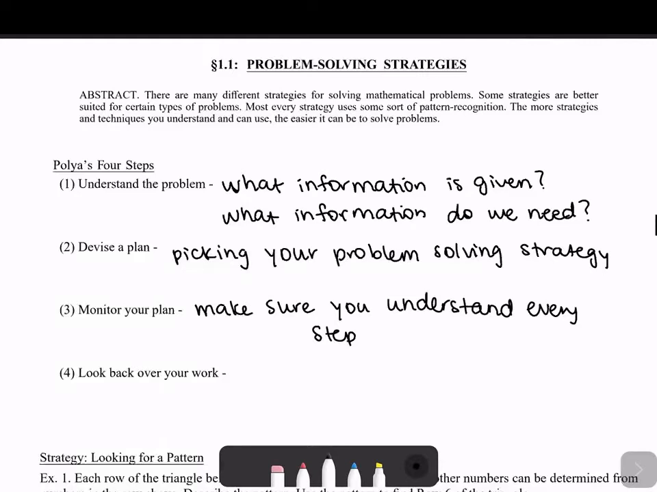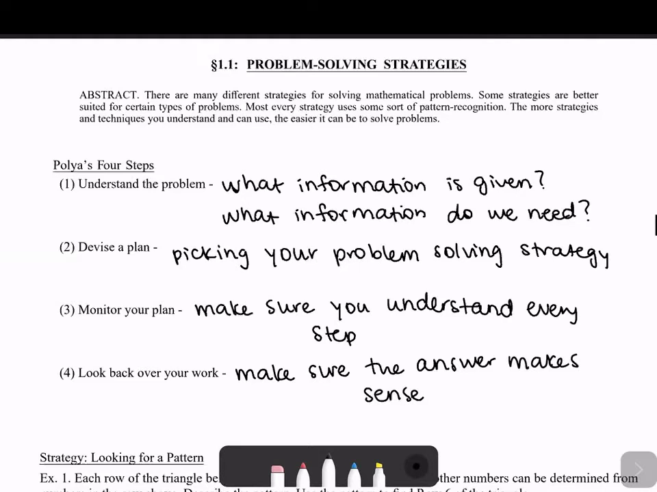And finally, we're going to look back over our work. So this just is make sure the answer makes sense. So if you're dealing, for example, with money, and you are saying you started with this amount of money, you spent this much during the day, how much do you have left? Well, if you get a negative answer, you know that you can't have negative dollars. So just make sure you go back and look at the answer in the context of the problem